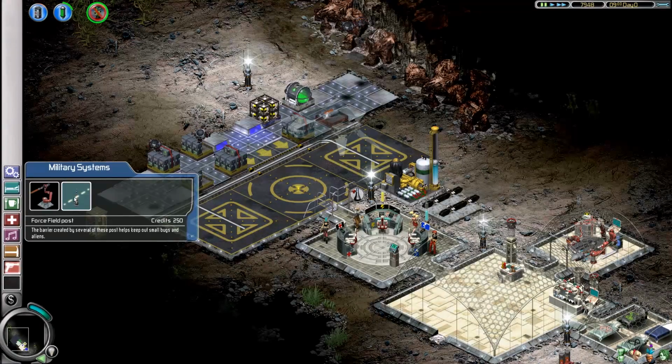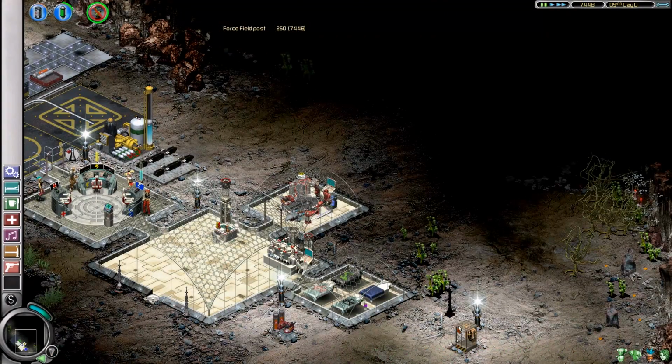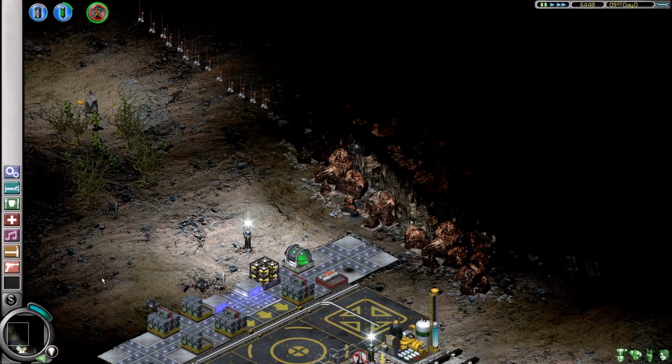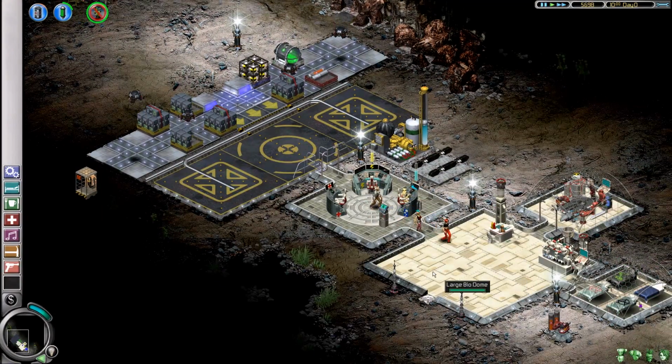What I want to do here is I want to set up some force field posts. Because on shift, Hoshi is going to get inundated with bad guys. So let's do this. Now these force fields will actually damage the enemies, but it doesn't actually stop them. Force field post. It's very much misnamed. And if you're wondering why I'm going until it's dark, as far as I've been able to tell, that is the range that they have. So let's get this going. So this should help